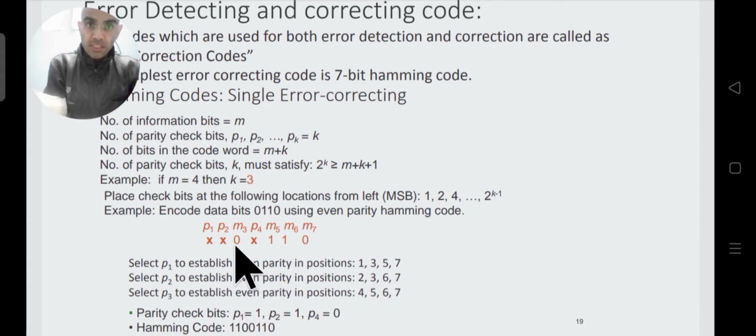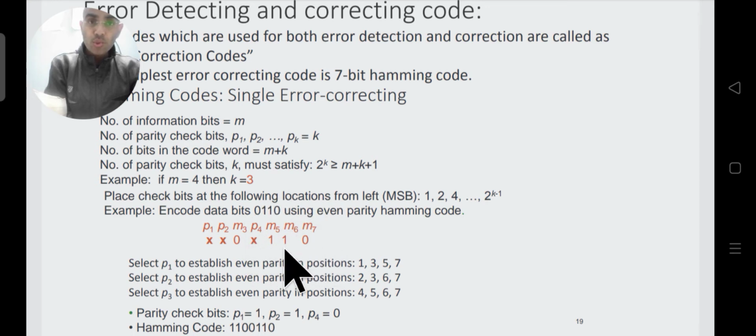Now what about P3? There is no P3, we can call it P4. There is a mistake, it is written P3 here whereas it is written P4 here. So it is better to make this P4. We select P4 to establish even parity. The next group will be 4, 5, 6, 7.